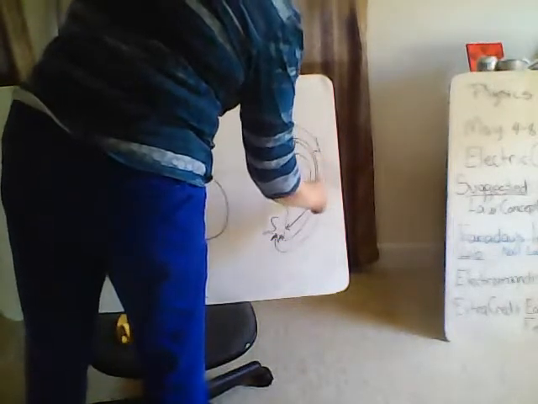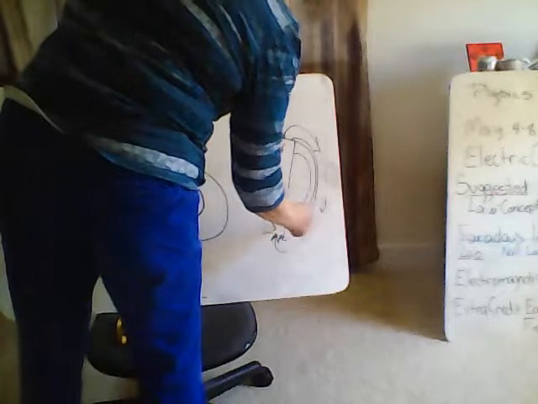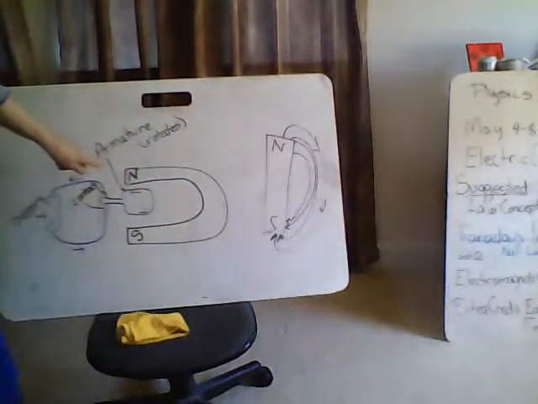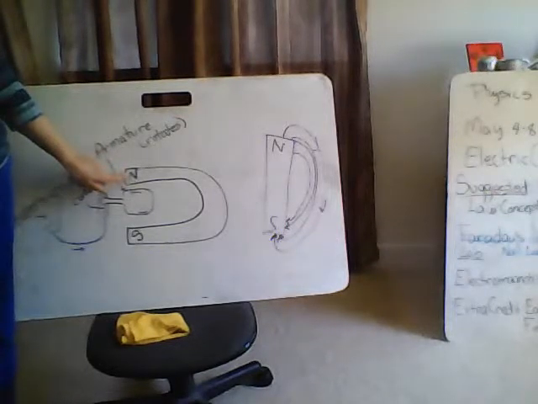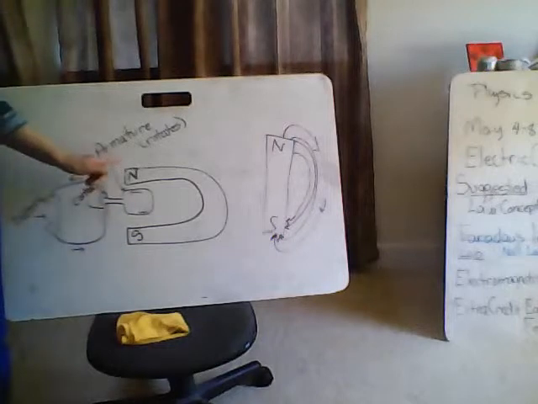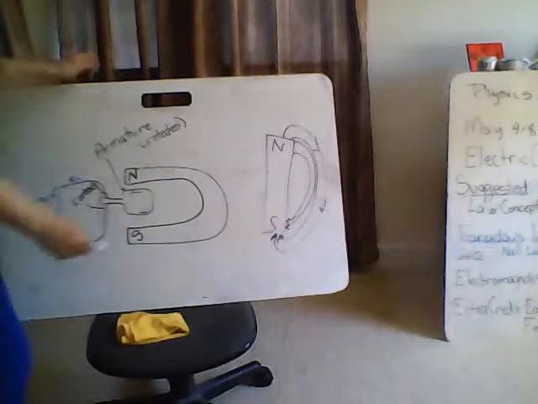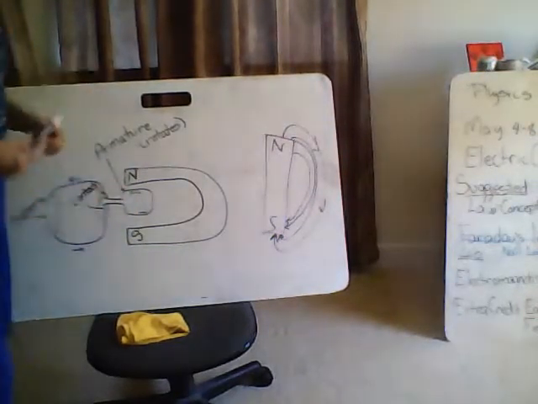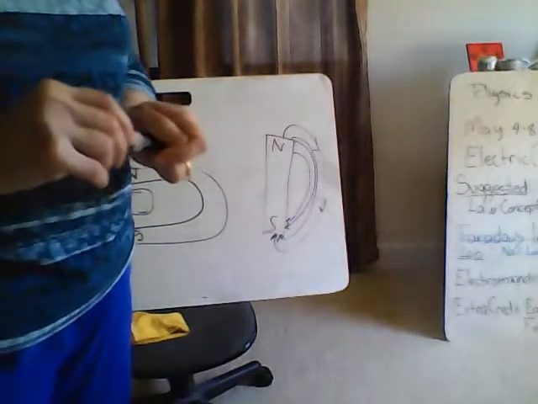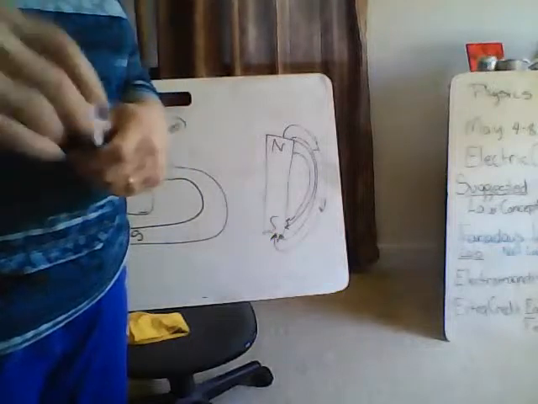They're going to be less in here, and really, the field is very weak when you get to the center. But what about if we bend the magnet so that the north and the south are closer to each other? Now you're going to have a higher concentration of field lines. So we like to use a horseshoe magnet